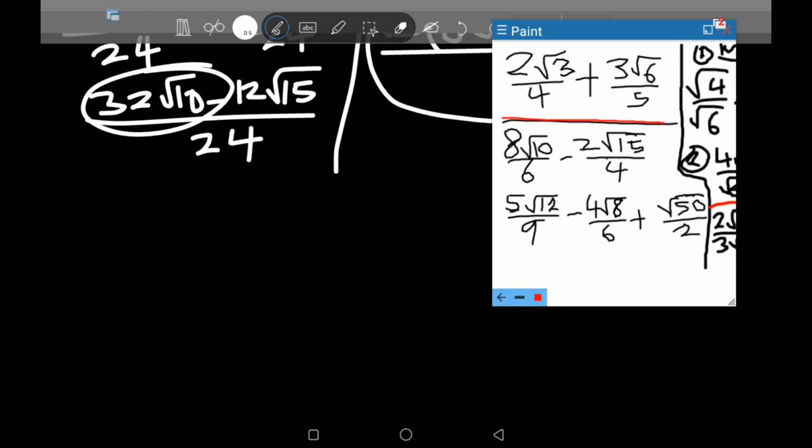So the third example that I will be giving you is 5 root 12 over 9 plus 4 root 8 over 6